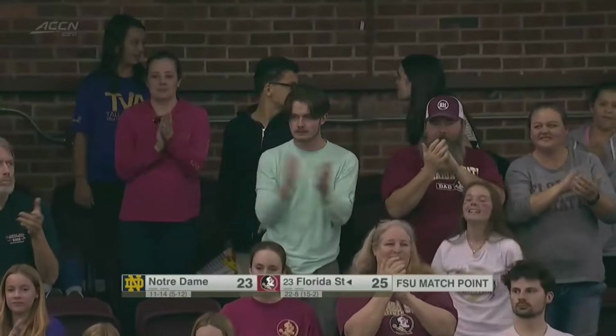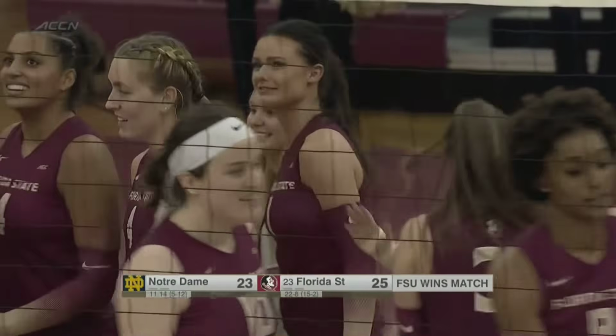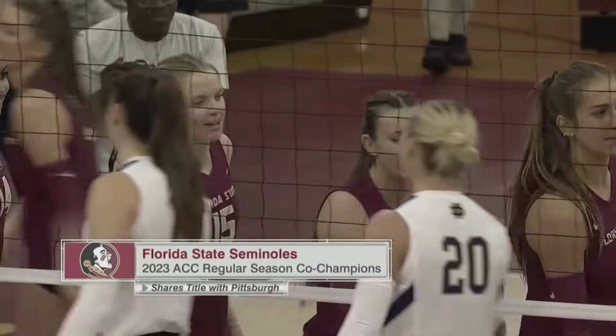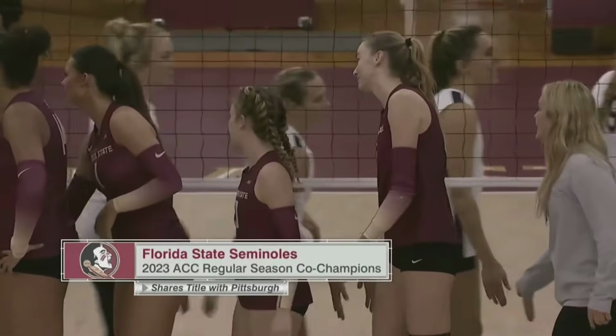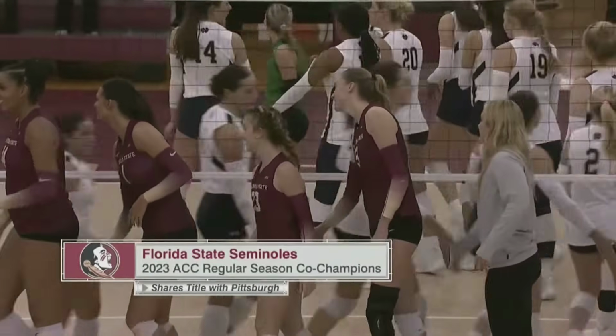They've been consistent, competitive, and oh so close. And after a decade devoid of a conference crown, the Florida State Seminoles have soared to the summit of the ACC. What a season for the Noles, who put a close on it in emphatic fashion here at